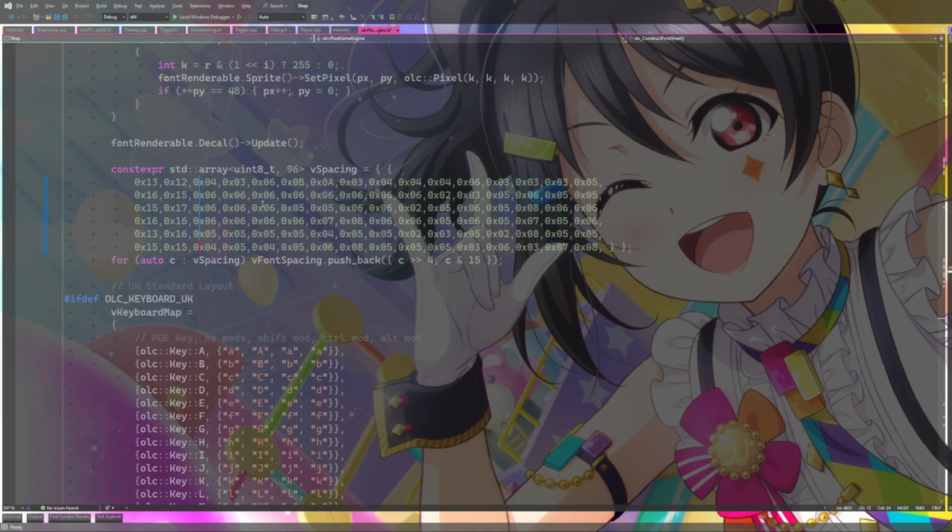We'll super be in business. That's what I remember the first one being. The second one is the width of the character. I am pretty sure that's how this works.